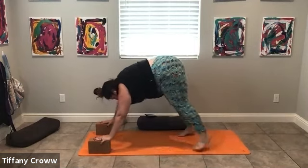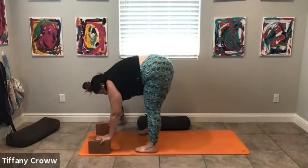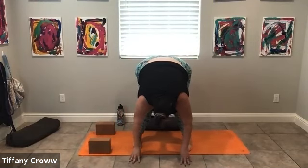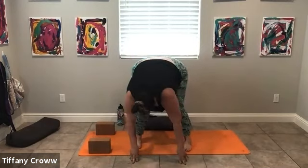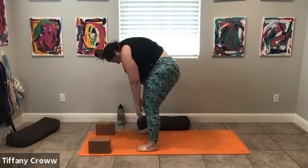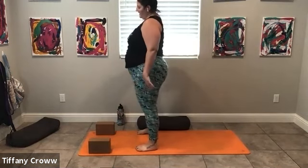And then on that next exhale, begin to walk your hands or your feet into your hands and find a forward fold. So bring your feet to the outer edges of the mat. Bend your knees. It's almost like your knees go like this, and then the belly hangs, and then you can straighten your legs. So relax your chin to chest, and you can kind of bend one knee, then the other. Go into your forward fold. And then slowly begin to rise up all the way to standing. And then just shake it out